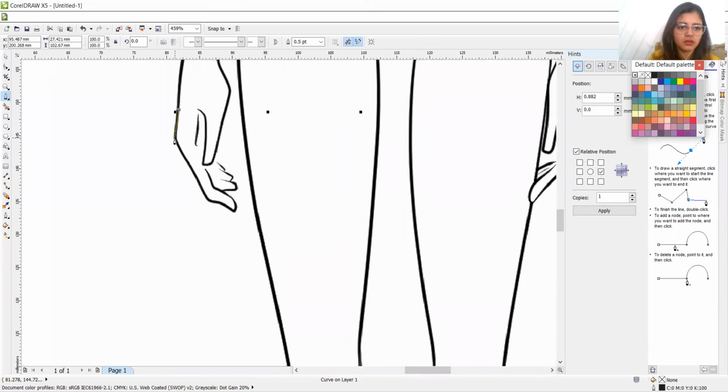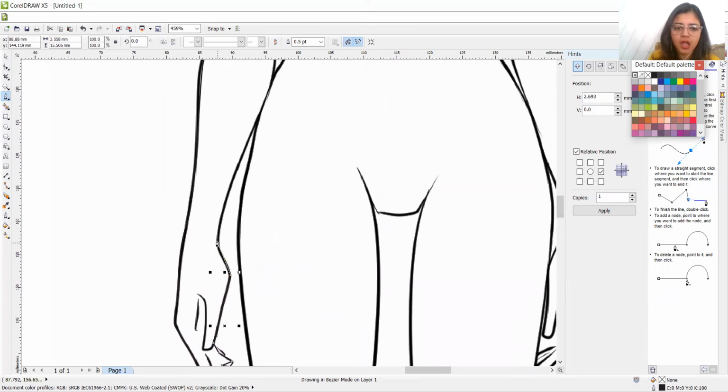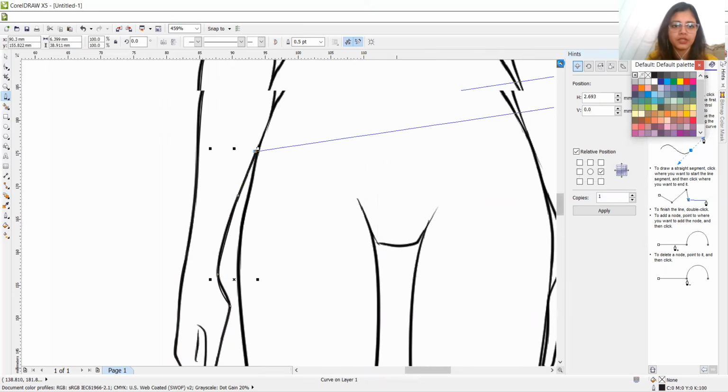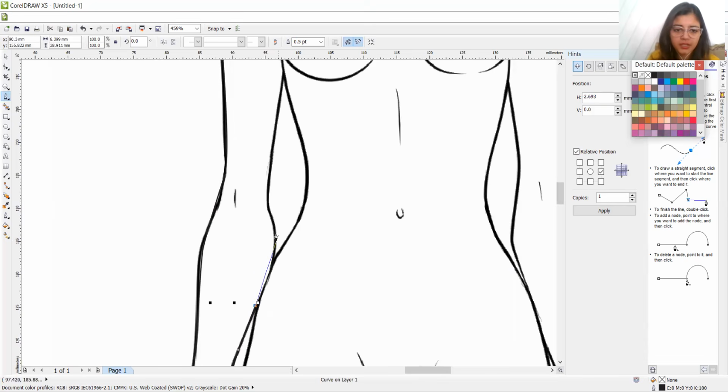Almost we are on the hands. Ended here and then another finger. After the tracing is complete, we have to make sure that everything is in its shape. So that is the last step of our tracing. So we have to just fill in. Let's just trace all the lines.